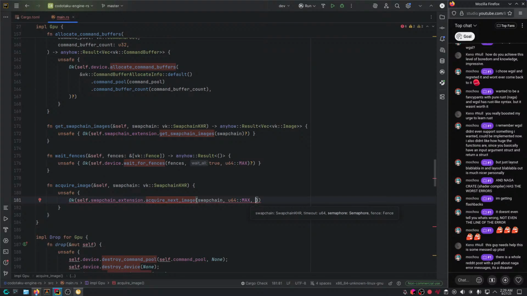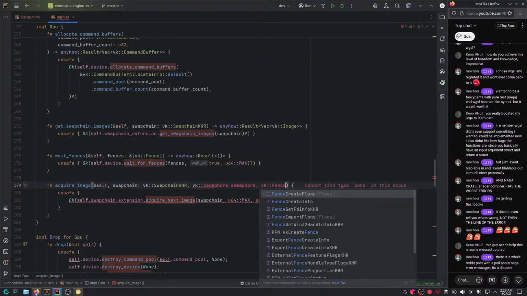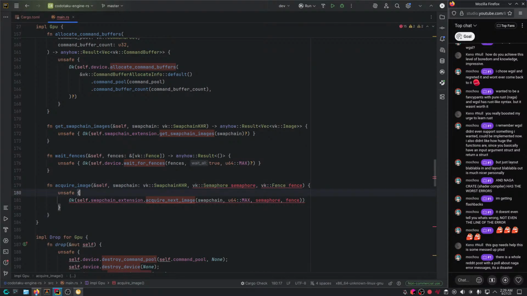I see. Right, so here we got a semaphore and a fence. I mean, fine. Let's pass them in. Why not? And let's basically say vk semaphore. Oopsie. Semaphore, vk fence. And oh, I thought I was programming C++ right now. So, parsing error there. I'm not talking about the language, I'm talking about my brain.